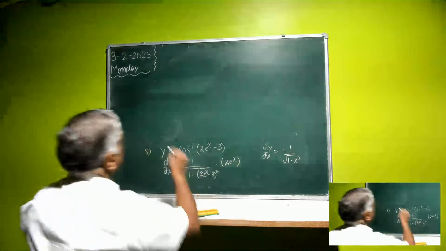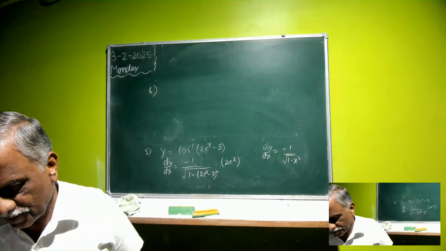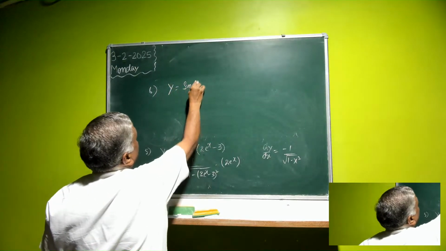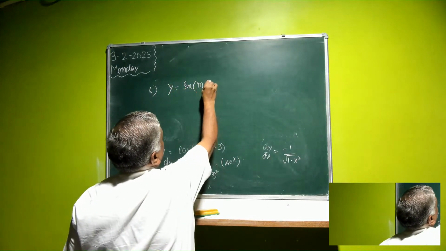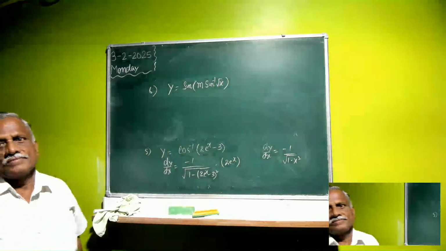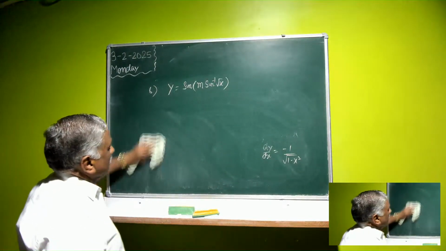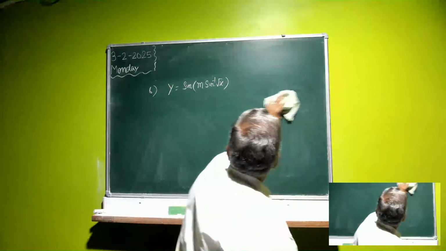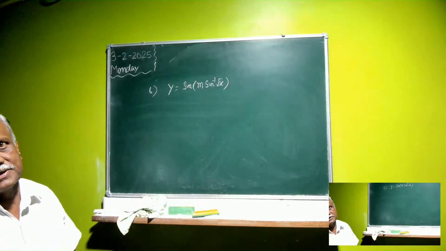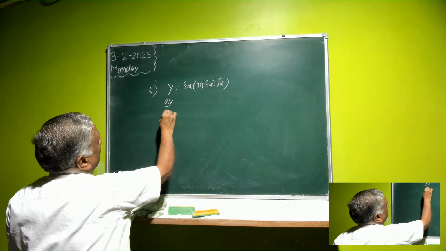I'm just marking problem numbers only for today. Sixth one, y is equal to sine of m sine inverse root x. So when you look at the problem, don't worry about whether it involves u and v and all. We are following the procedure, tackling the first term first. So here, now dy by dx will be,